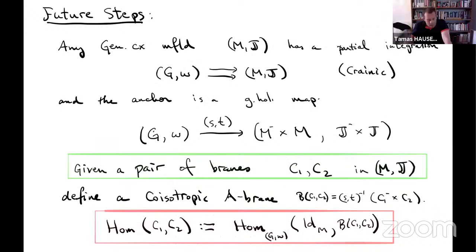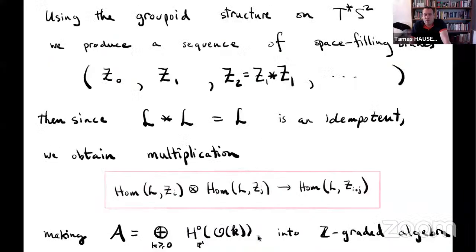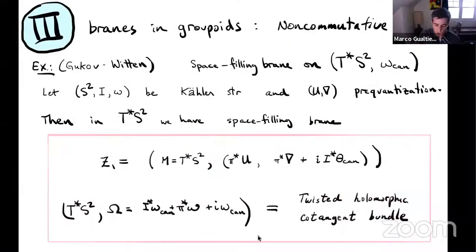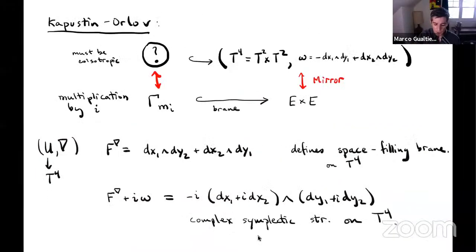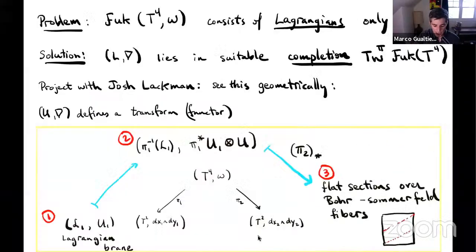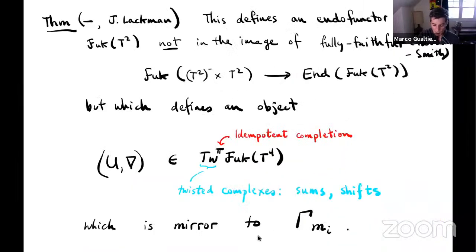Okay, good. And then the other question was what Ezra mentioned, which I didn't catch later in the talk: that you can resolve a coisotropic brane with Lagrangians. How does it work? So the point is that's what I was doing carefully with Josh Lackman. Can you see the slide that I put up? Yes. So you have to